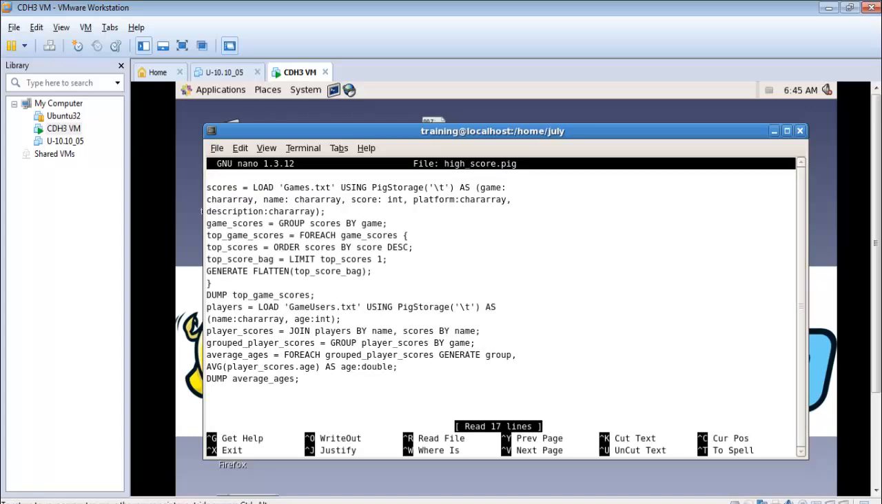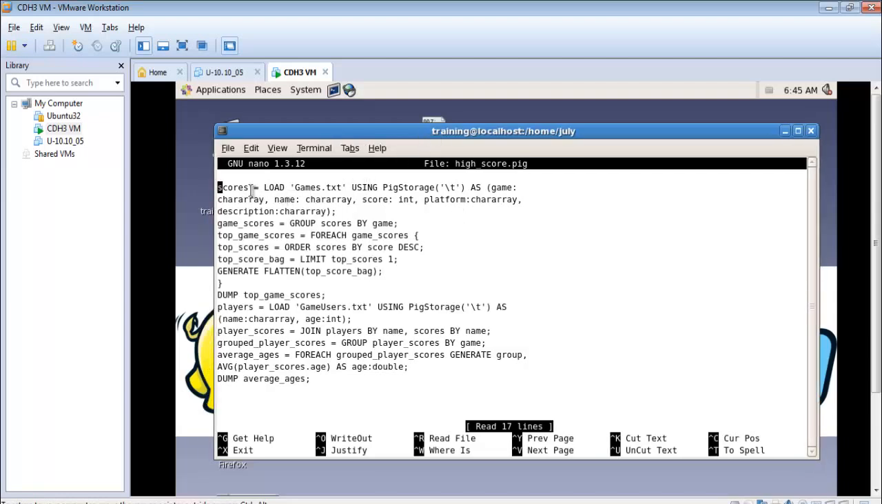So we are running the function in the local script mode. For the local we use pig -x local, and this is in the script format. So we basically type all the scripts in one text file. Okay, so what I've done is basically I've first loaded the games.txt file using this relation called scores using PigStorage,